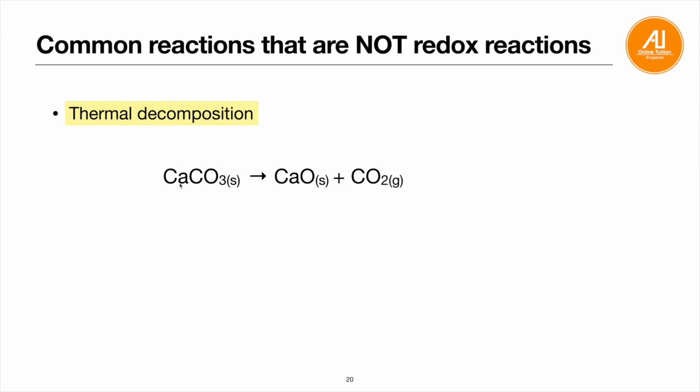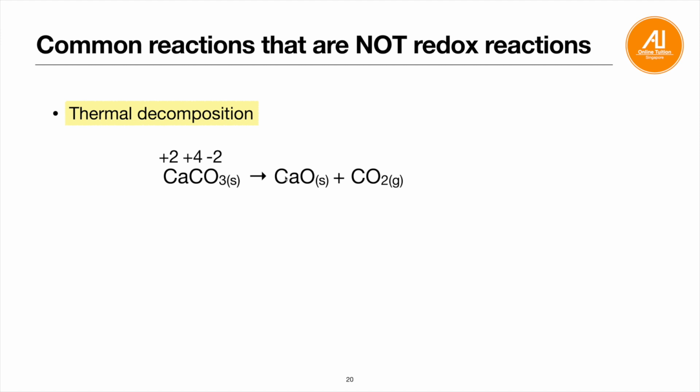So basically it means that you're using heat to decompose your calcium carbonate, your limestone, to give you calcium oxide plus CO2. So none of the elements actually changes in their oxidation state. Let's look at them one by one. Oxygen is -2, group 6, and calcium is group 2, so it's +2. If you work backwards, everything added up must be 0, so your carbon will be